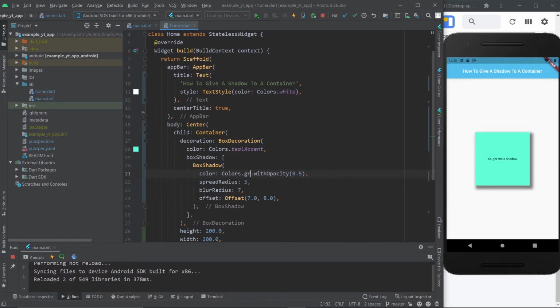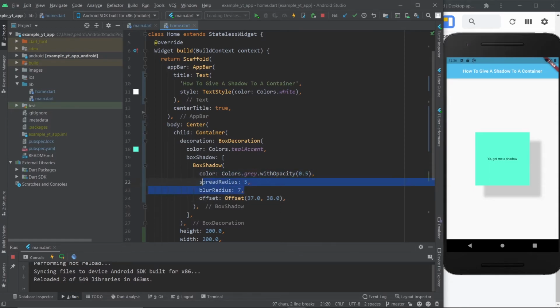But I think that the gray color would look even better than the black color. But I'm just going to hit save and let you decide on your own. Personally, I feel like this is more subtle and looks better, but it's really up to you. And of course, if you want the effect I showed in the beginning, you just have to really increase this to something like this. And boom, it's way more apart than it was before. If that's what you're aiming for, you already know how to do it.